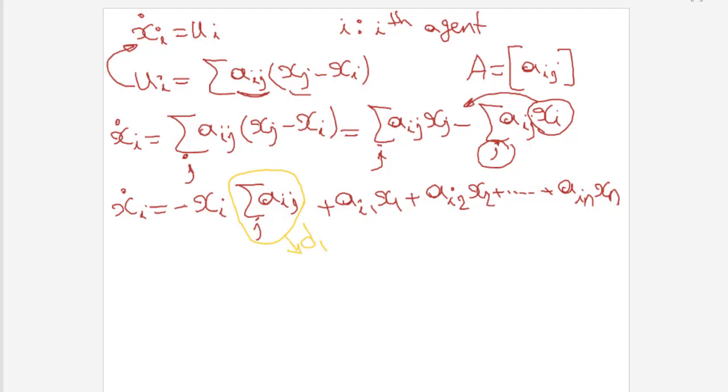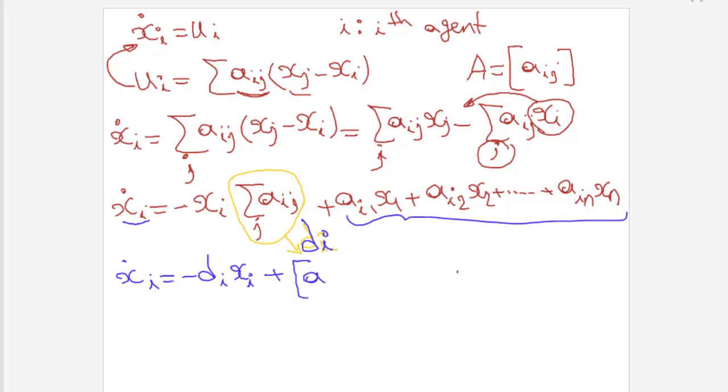This means di, the degree of the graph for node i. Okay, xi dot equal to minus di xi, plus